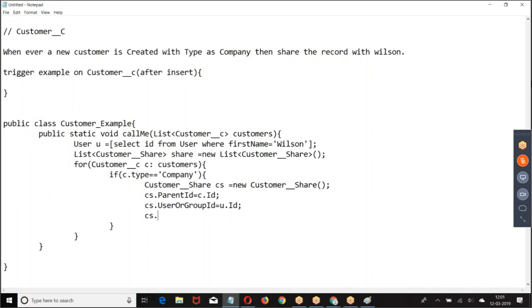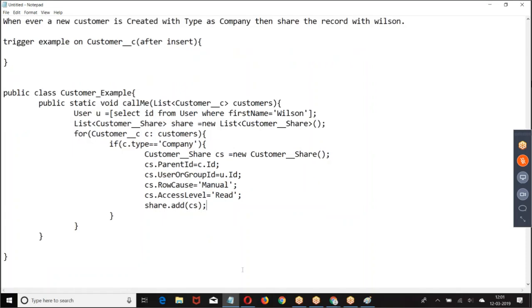Then we have row cause, CS dot access level read. Share the record and give insert. So I have taken a customer record, then I was trying to share the customer record.